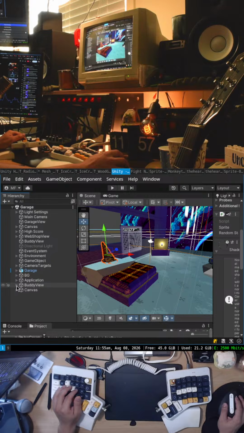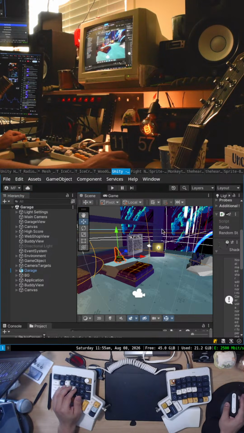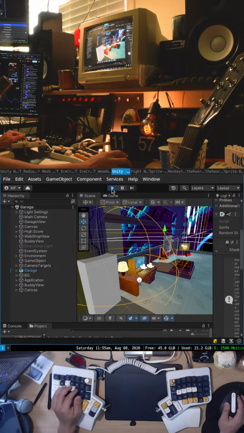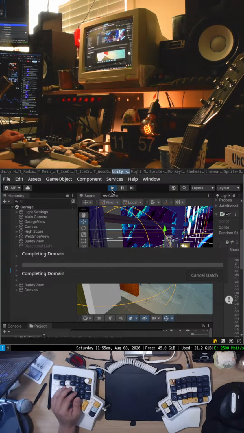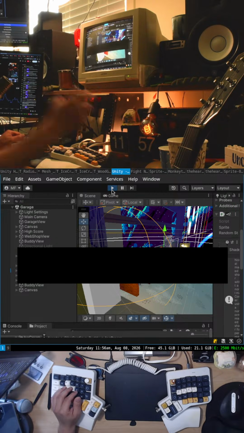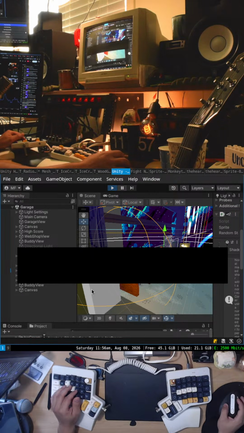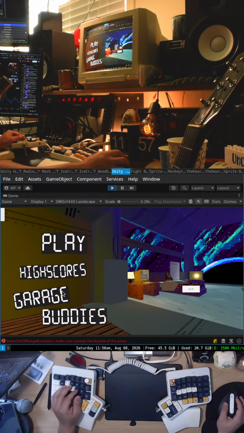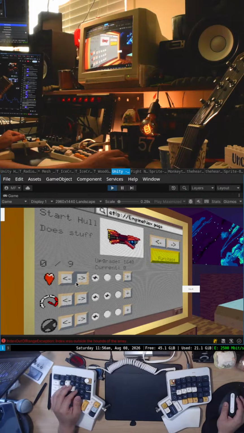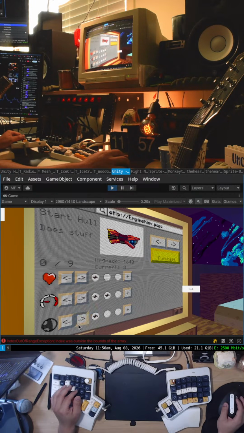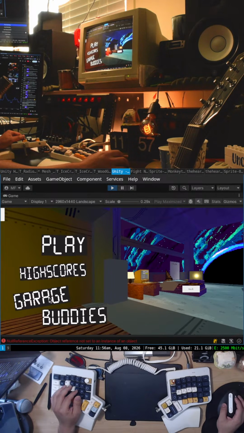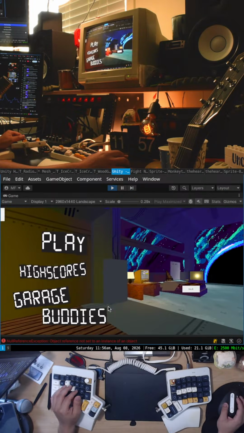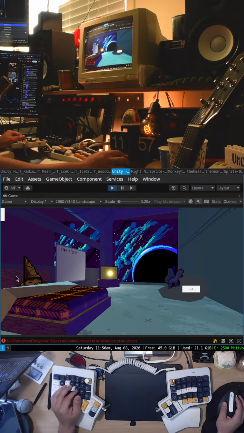So, I think we're gonna have a... I've been trying to do an in-world UI, right? Like diegetic UI design, so that all the stuff you interact with is not just abstract things, but rather things in the world. I'm not sure how we're gonna deal with the buddy selection. The garage makes sense. You're on a website essentially and modifying stuff there. The high scores, it's just a whiteboard, right? The buddies, you're selecting them like this, but I